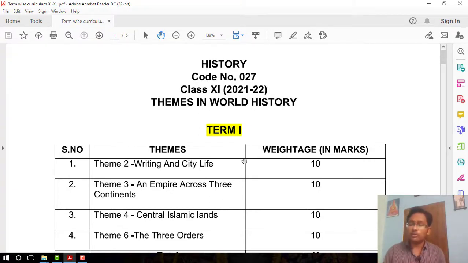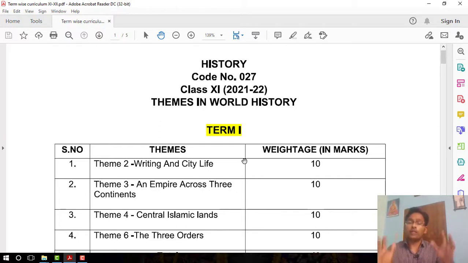But don't worry about the project work. I will give you some of the important project lists and you can choose one of them for the preparation of the project. But remember students, project work is very important for the senior secondary level for history. Now ask me why. Because if you score maximum marks in project work, then you can score as much as from the history paper. So remember, project work is very important for this level.